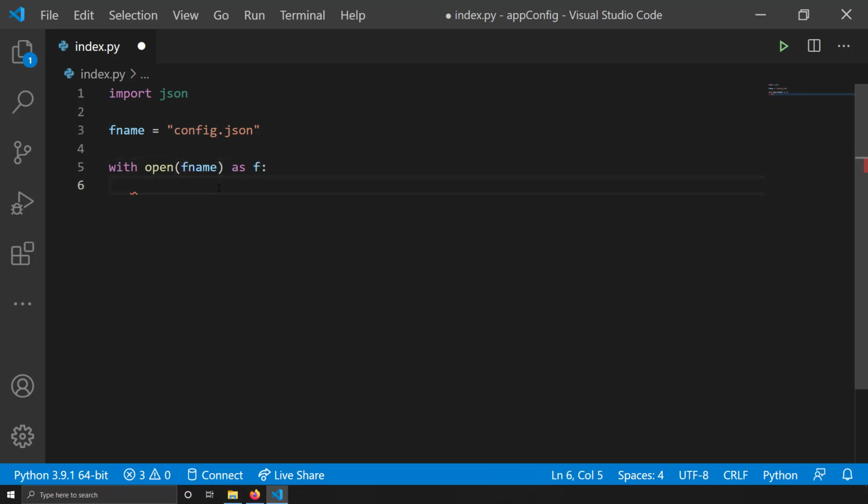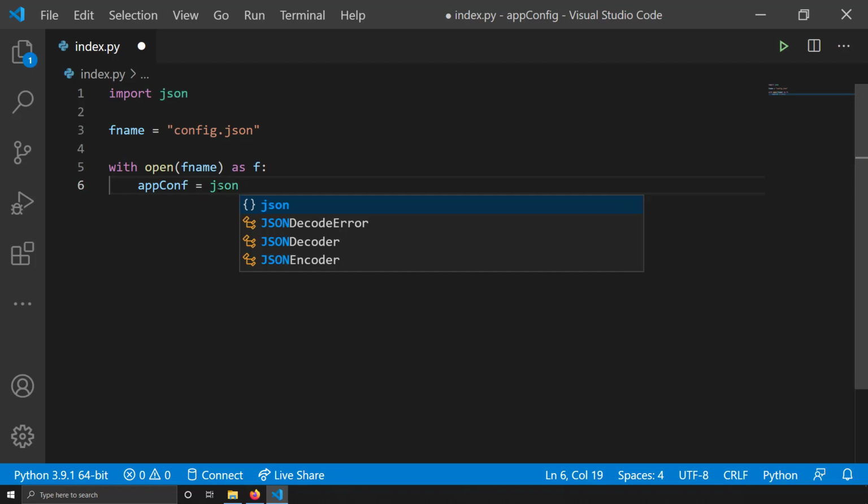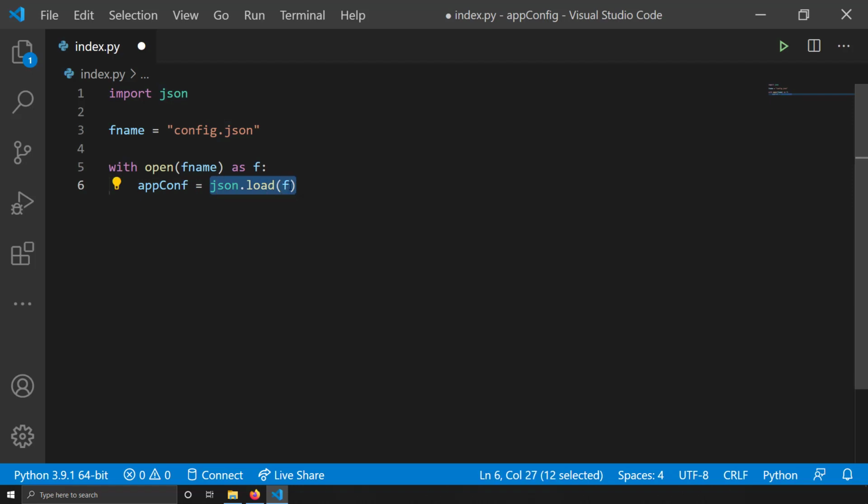So let me take a variable called appconf equal to json.load of f. Basically, json.load of f will load the data of this config.json as a dictionary into this variable called appconf.